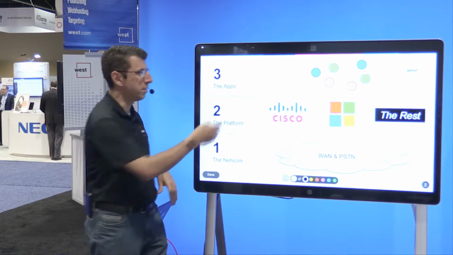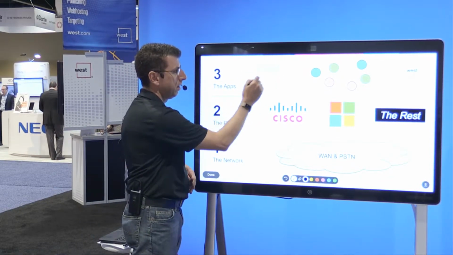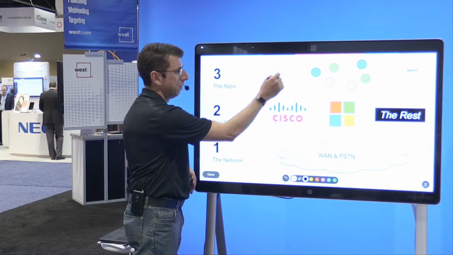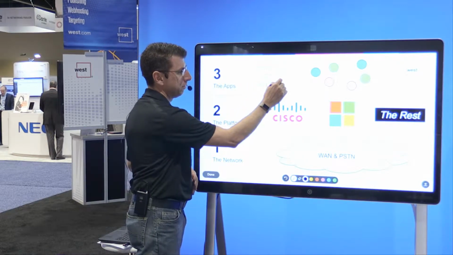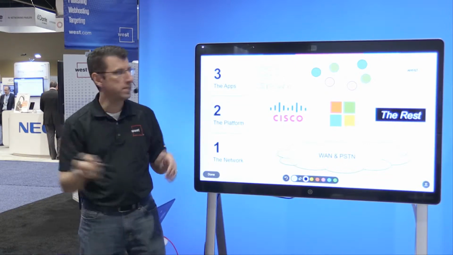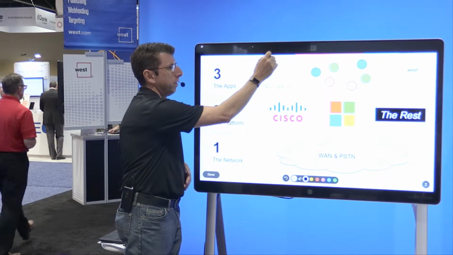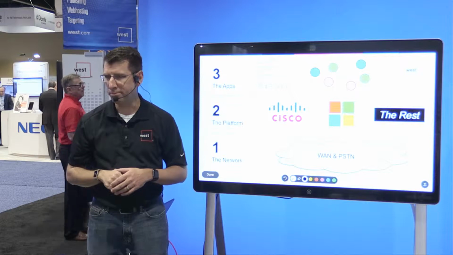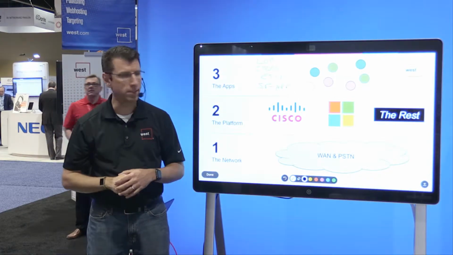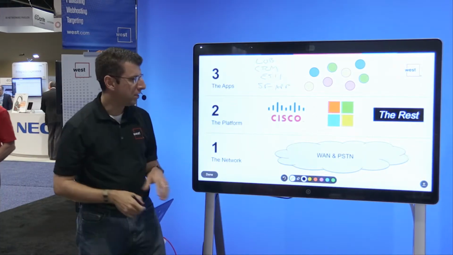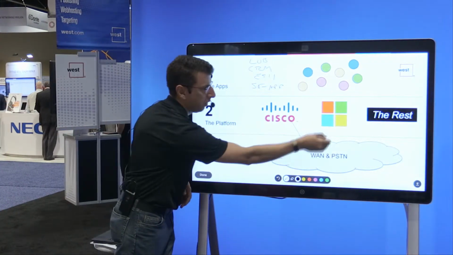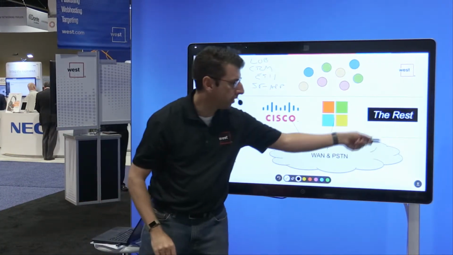By applications, I'm talking things like CRM, 911, other kind of Salesforce applications, any kind of other line of business applications that you're going to use that are up on top of those. Could be workflow applications, etc. So if you start down here at the WAN or PSTN level, it's really how does this connect to any one of these 3 options.